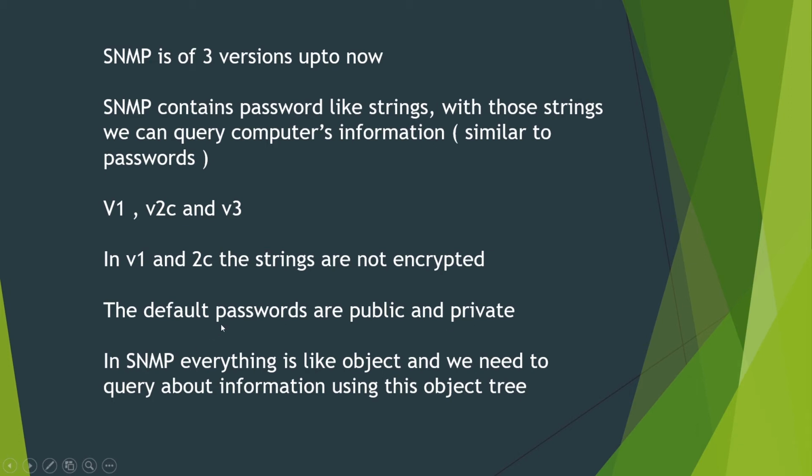So the data is like IP address and interface status, whether it is up or not, all those data. With public, I just get the raw or basic information. And these defaults are the default passwords inserted when the router is manufactured, and these passwords are not changed when the administrator sets up the